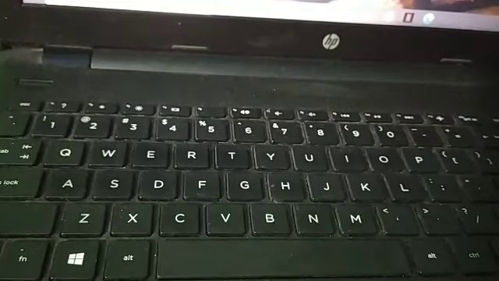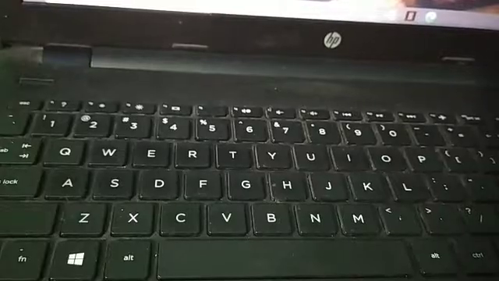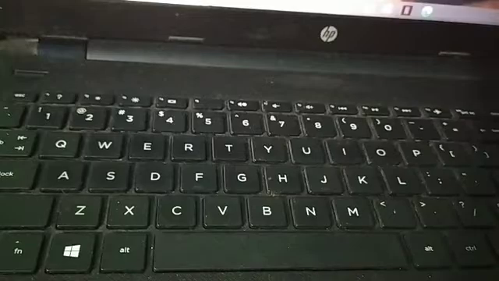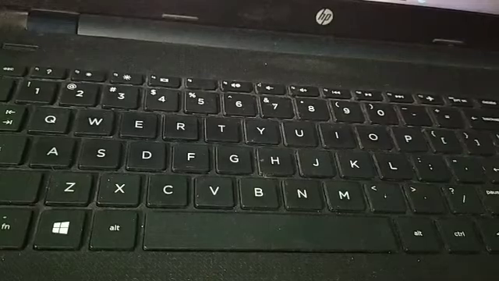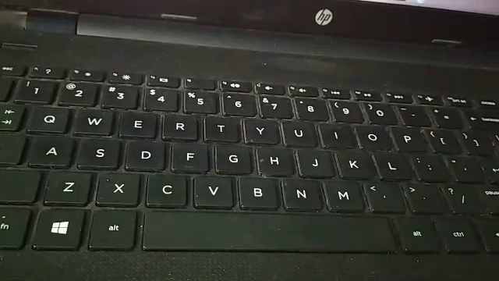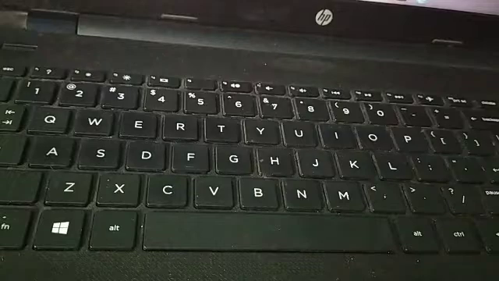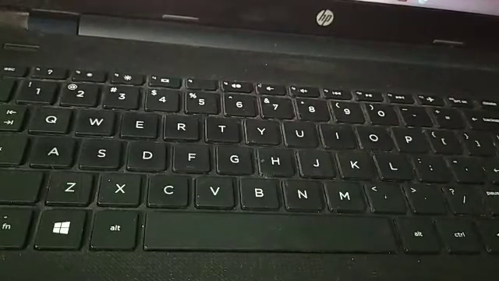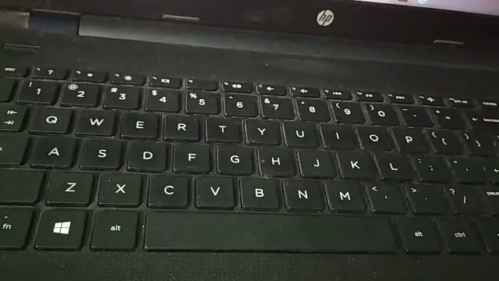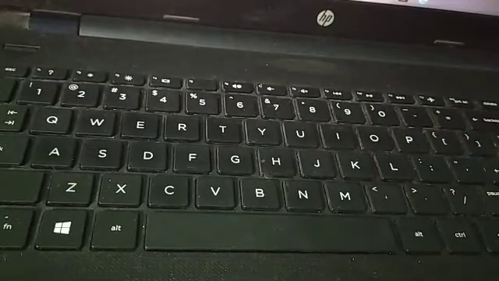The small buttons on the keyboard are called keys. You can see several buttons here on this keyboard that I am showing you. These buttons are called keys, and that is why this board is named keyboard. There are around 104 keys on a keyboard. Now one by one we will see all types of keys.